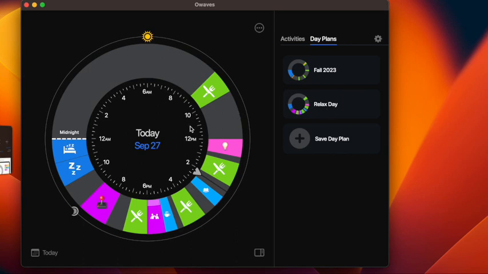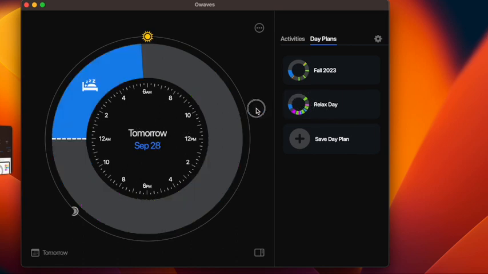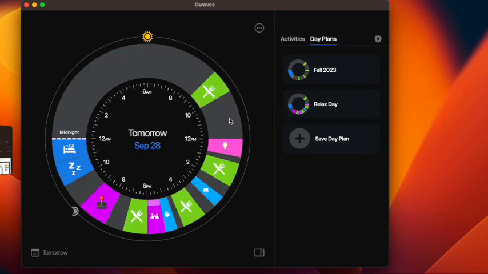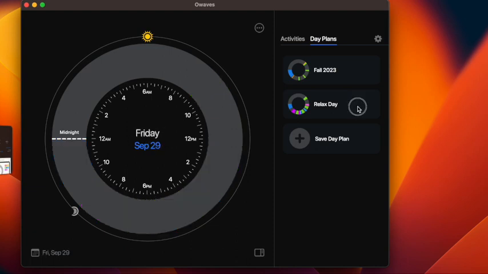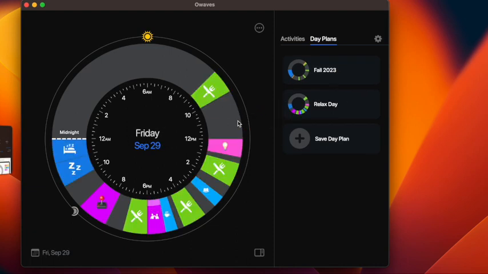And now, let's say tomorrow is kind of similar, so I just have to click it and put it on. And if Friday's going to be the same thing, I can just click it like that and put it on. So the objective for you could be to try to experiment with the save the day plan feature, and try to experiment with clicking it and putting it onto the time wheel.